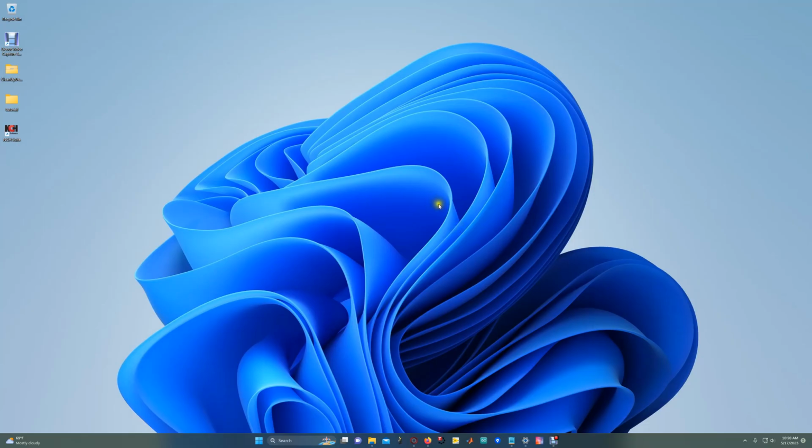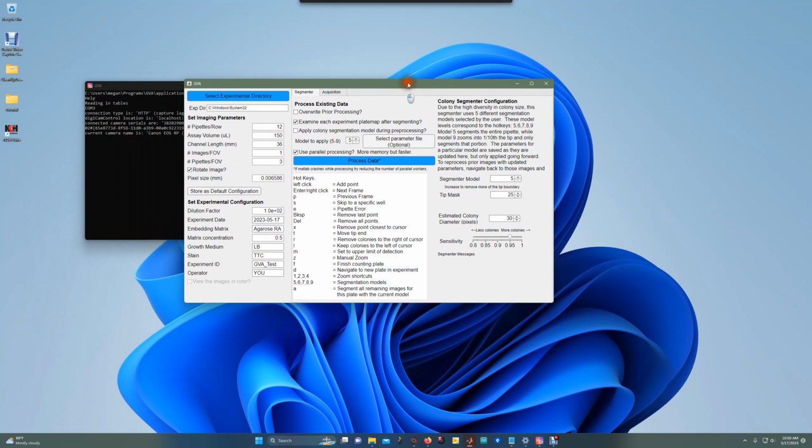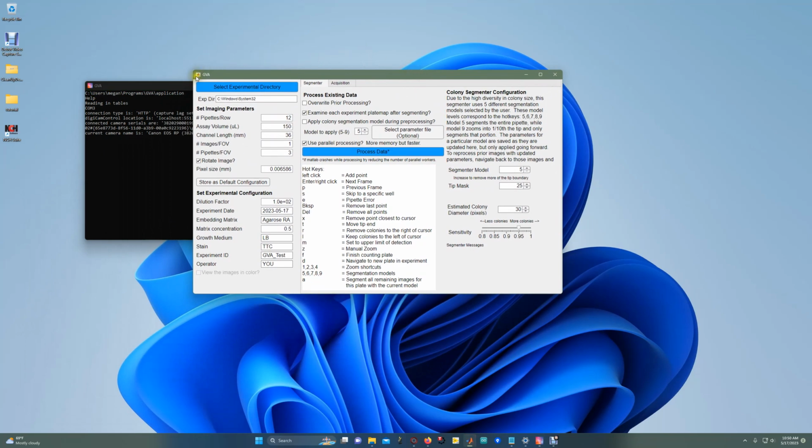Alright, in this tutorial, we'll be talking about the basic outline of the GVA software that was installed in the previous video. So opening up the software opens that terminal first, but then the primary application subsequently. In the primary application, the